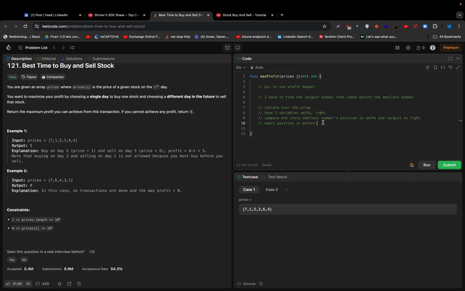So small position is before, if my small position is before my large position, small position should be before my large position. Okay, so there are two things. So the small position should be before the large position. Okay, if that's the case, then